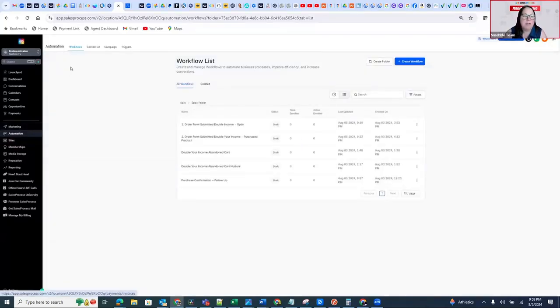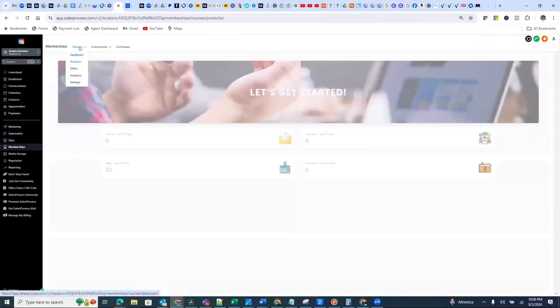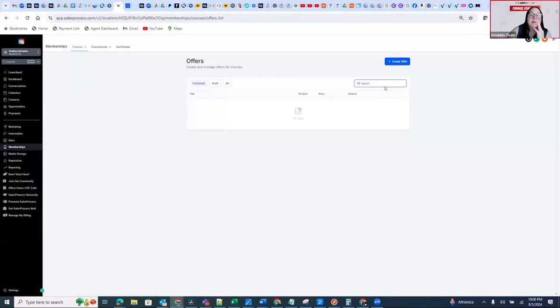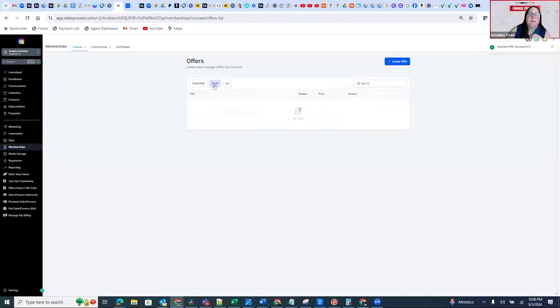You have to publish the offer as well. So let's go back to the membership, to the offer. And it's in draft. If you go into the draft key here, there we go, you're going to want to change this to published. See the little draft one? Click on that and change it to published. Updated successfully. And now if you go to your published tab, it should appear under there.